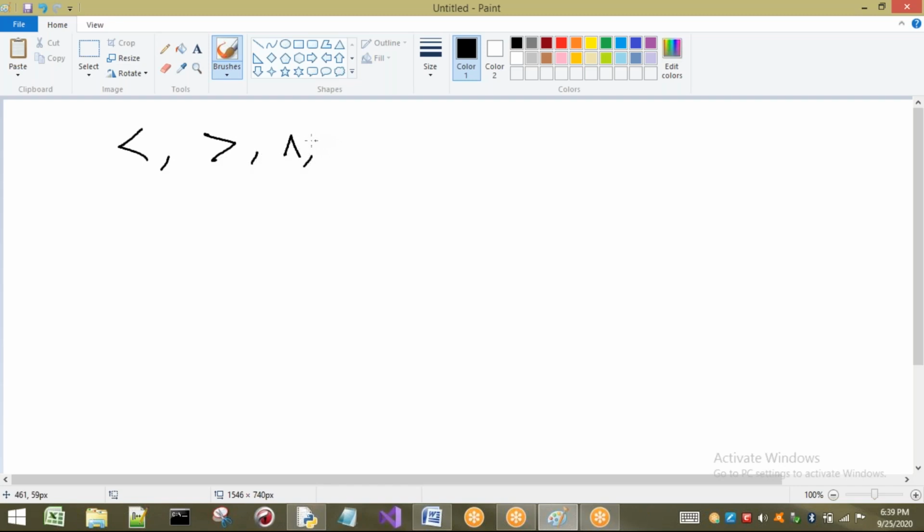See, you may be confused about these operators. Whenever you consider this one, you may think that it is a less than operator. And this one you can think is a greater than operator, for example. But whenever you use these operators with the format function for formatting purposes, this will act as left alignment. This will act as right alignment. This is going to act as center alignment. That means if you want to align the given string or number in the center, I can use this one.